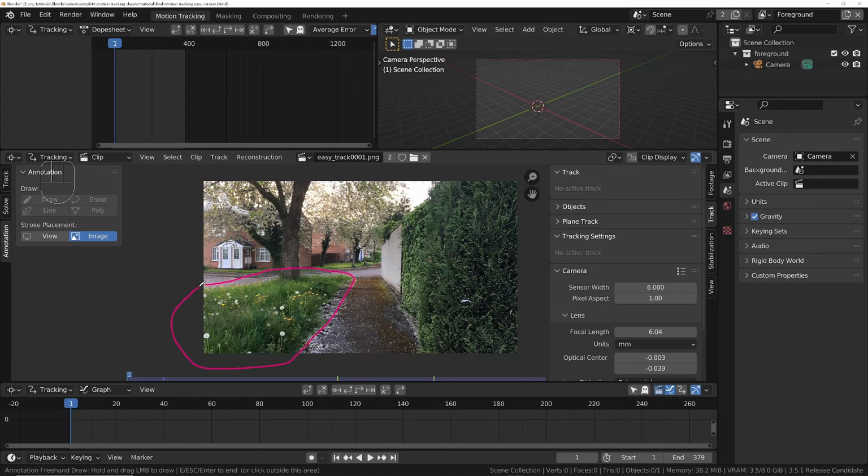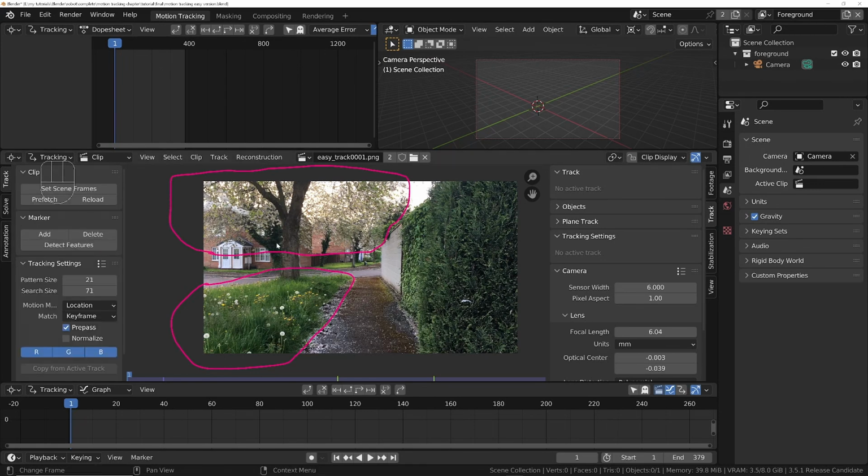I'm going to draw around there, make sure I close that off, and I'll choose draw again. And I don't want the tree either, or the branches rather. So I'm going to select all this area where we might get wind affecting the leaves, and just close that off as well. And now if I choose detect features, so I come to track,